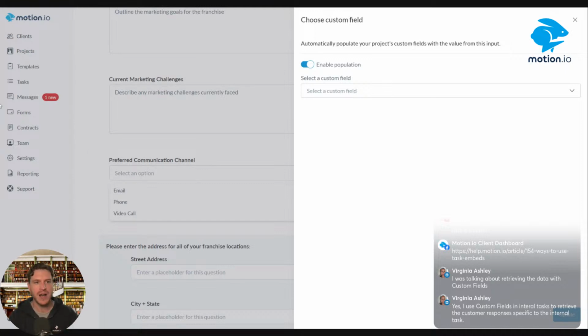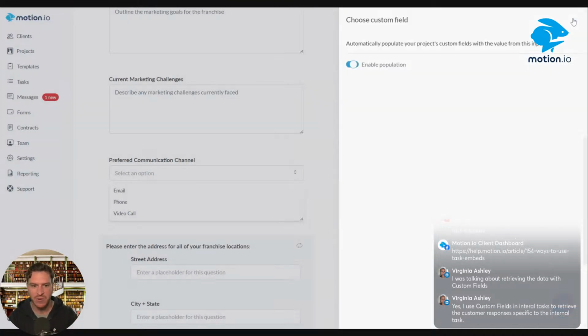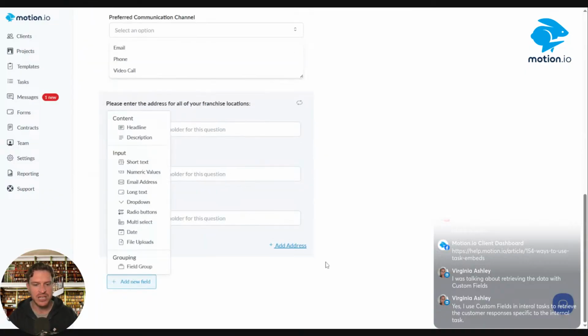I pointed out the big one already: we don't know how many different addresses a client will add. So it's hard to account for all of the different scenarios of what you populate as the address if they send it in one time versus four. What I would say in your case is you could use conditional fields, if it's really important that you populate multiple addresses. Let's say every time you want to catch up to three addresses, what I would definitely encourage you to do is